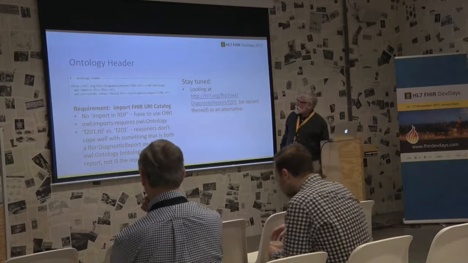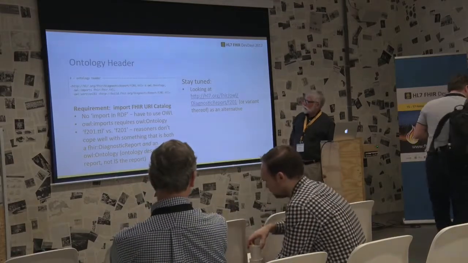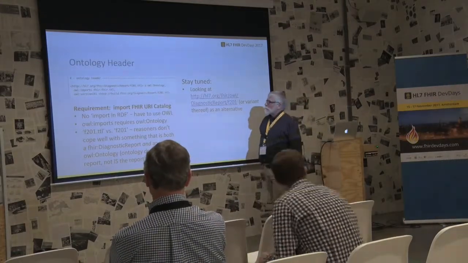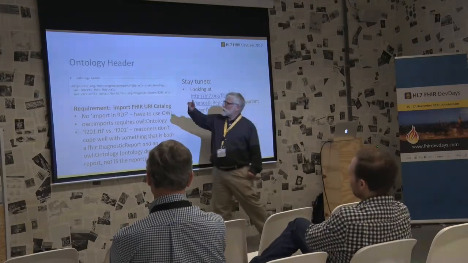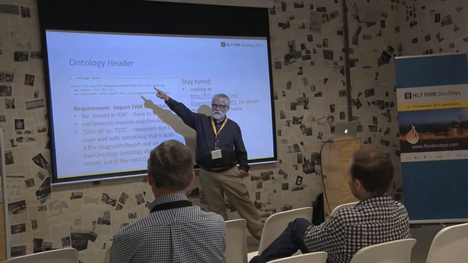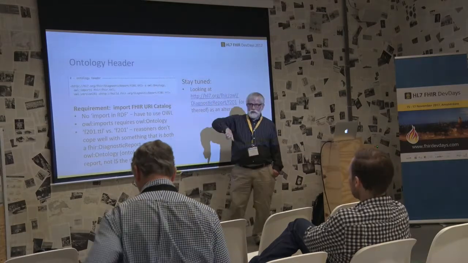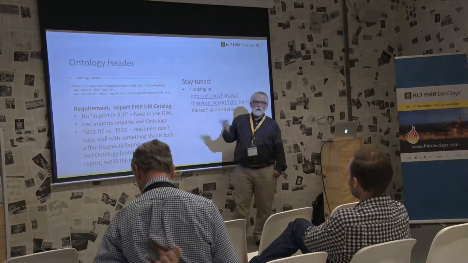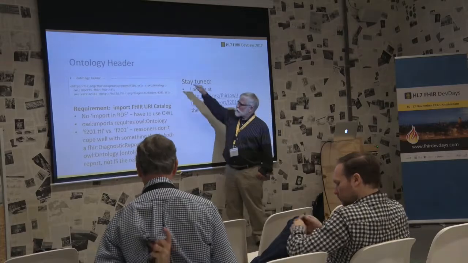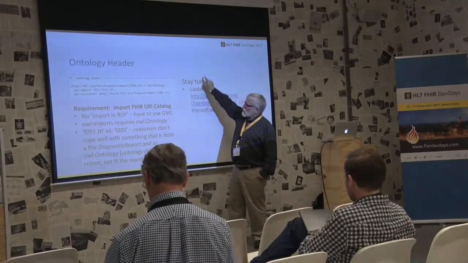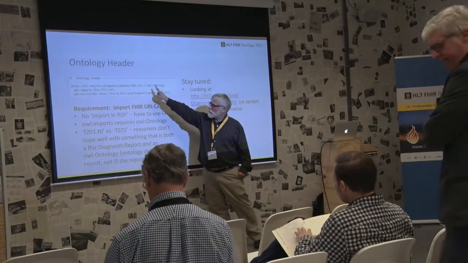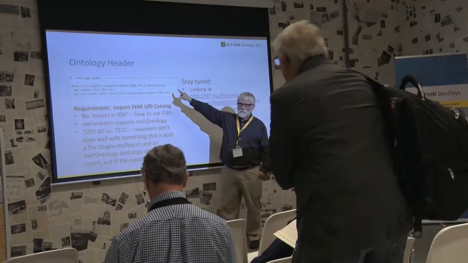The ontology header, the other bit we talked about again, which is, in the end, a way we have. The reasoner says you have to have fhir.ttl. That means you've got to import it. There's no RDF import. That means you have to have an ontology header. And thus, the primary reason for these two lines, the version URI,